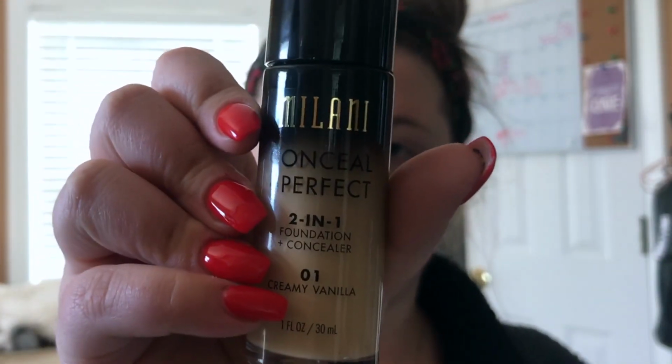This in Creamy Vanilla. As you can see, the back says medium to full coverage, lightweight, long wearing, water resistant, sweat proof. So this does retail for $10.99. That's how much it was on the Walgreens website. Super cheap for foundation. It has 1 fluid ounce, which is the standard amount for a foundation. This does say apply a dime-sized amount of product with the fingertips or brush beginning at the center of the face and blending outward. So it says a dime-sized amount, so I'm going to probably just start with